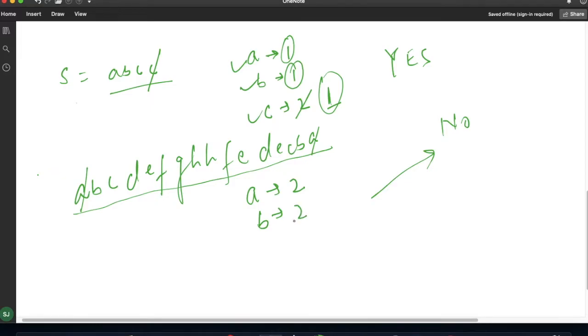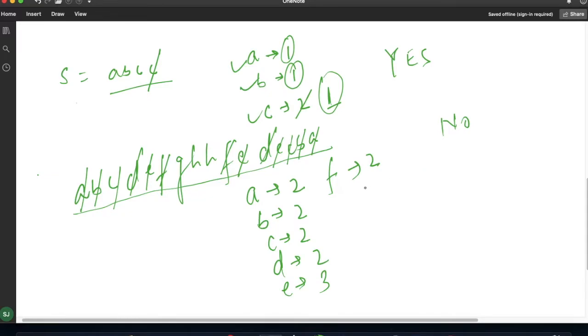B has also occurred twice, C has occurred twice, D has occurred twice, E has occurred thrice, this one and this one. The occurrence for F is twice, this and this, and for G we have 1, and for H we have 2.